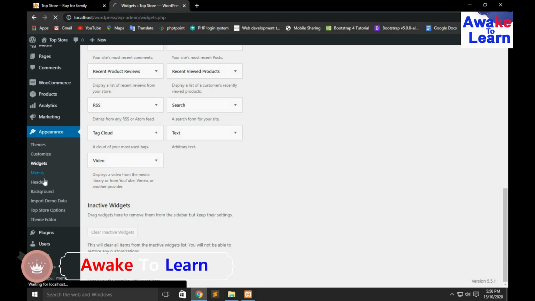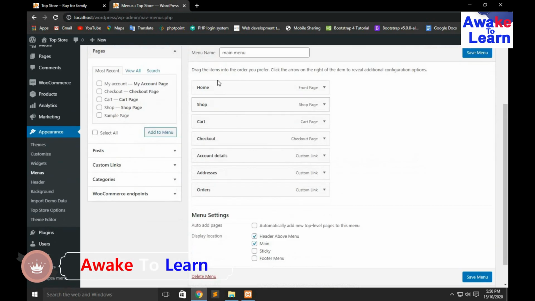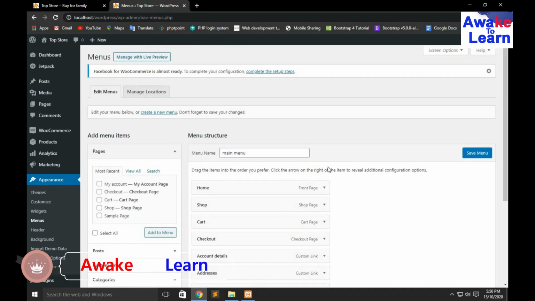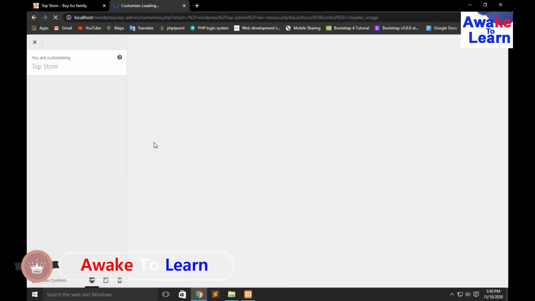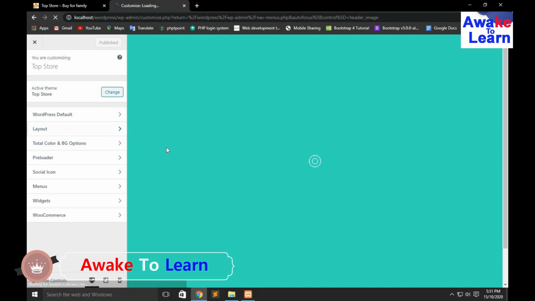Next, we have the menu section. This is our menu bar: home and all these options we can also add from here, add to menu, and post customize. The next is header. From this section we can change the header.